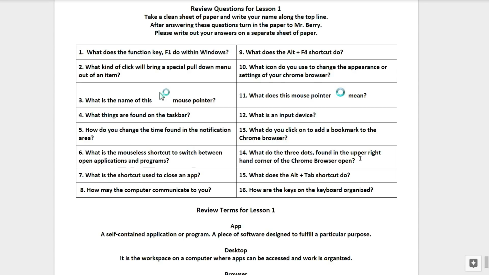What is the name of this mouse pointer? Number 4. What things are found on the task bar? Number 5. How do you change the time found in the notification area?